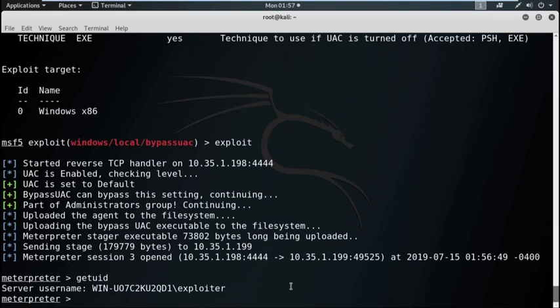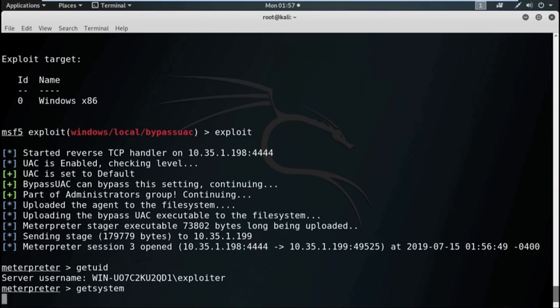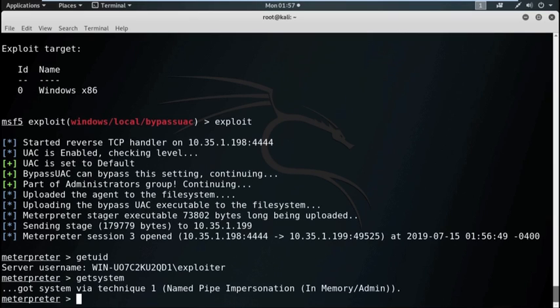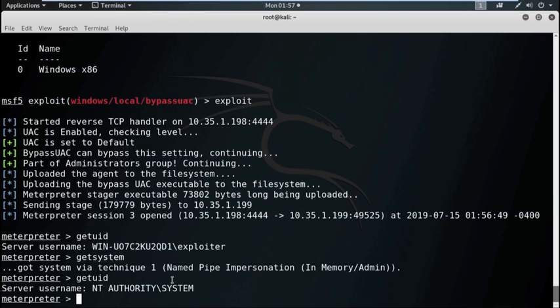Now use the command getsystem. Got system via technique 1, in-memory admin. Now check the privilege of this particular session. Now see, we got the system privilege, that means the administrative privilege.